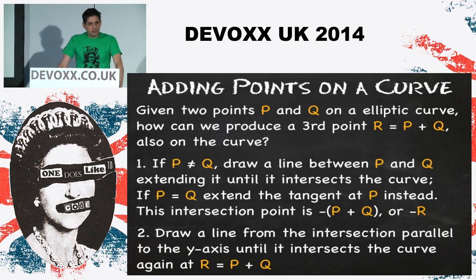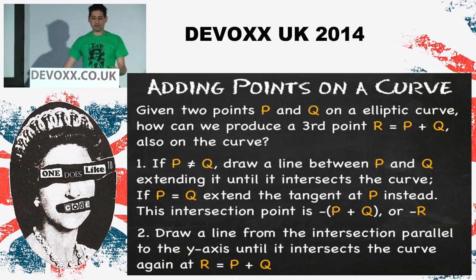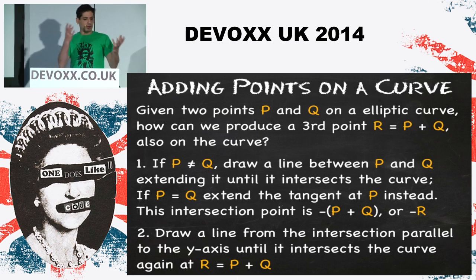So we know that we're talking about fields, so we need to know a way of implementing the addition operator that we talked about. So given 2 points on this curve, how do we add them together to produce a third point? So it breaks down into 3 cases, really.